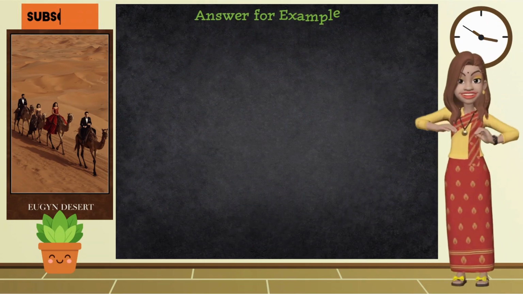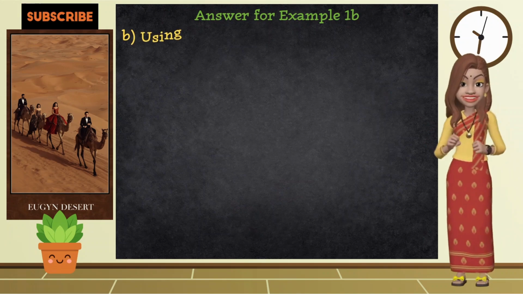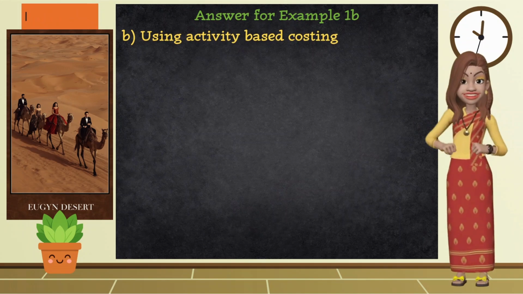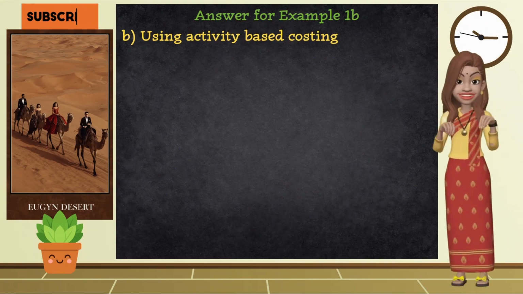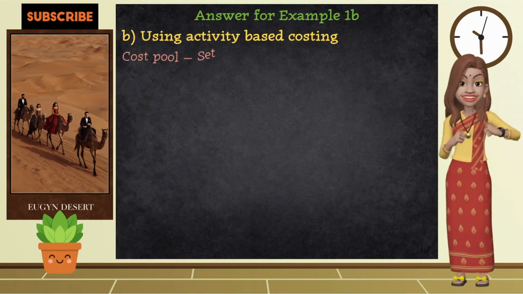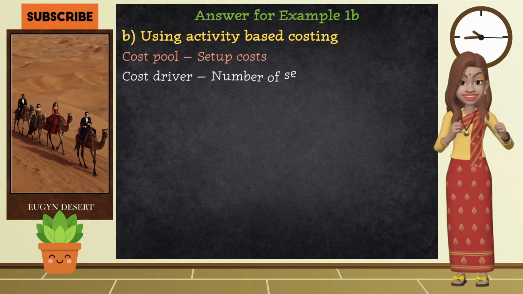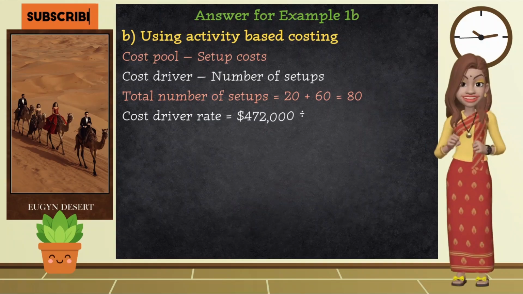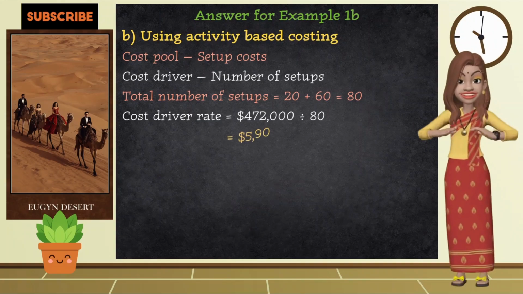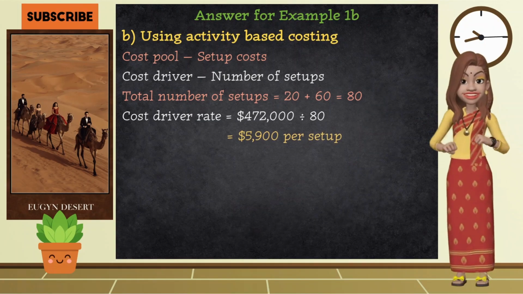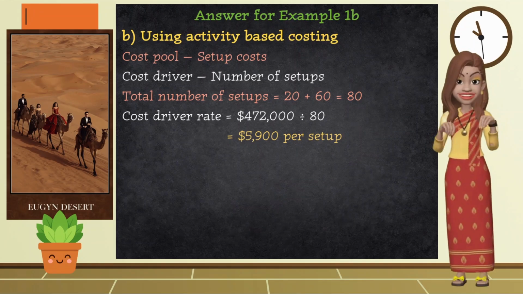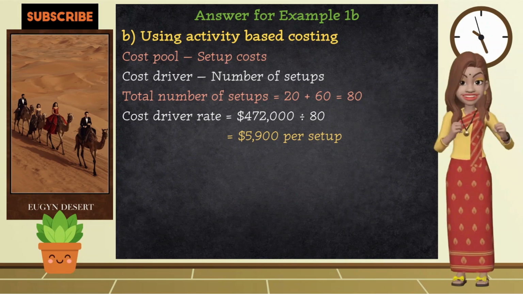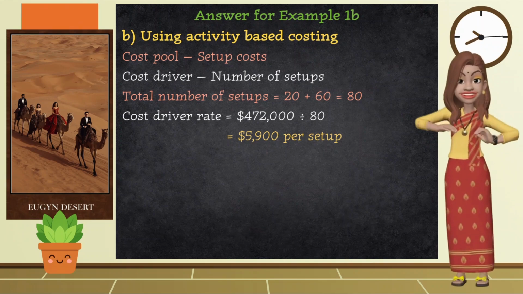Answer for example 1, part B. Using activity-based costing, first we'll need to identify the cost driver for each cost pool and calculate the cost driver rate. For the first cost pool, the setup costs, the appropriate cost driver is the number of setups. We calculate the total number of setups for products X and Y, which is 80. To get the cost driver rate, we take the setup costs, $472,000, divided by the number of setups, 80. That gives us the cost driver rate of